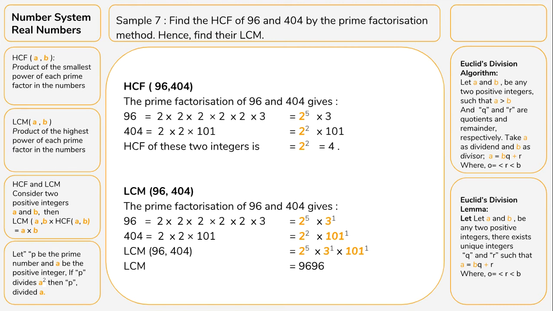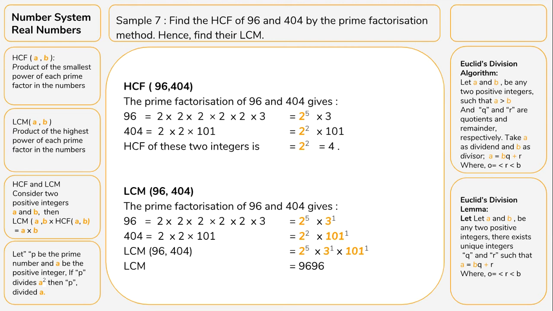LCM of 96 and 404 equals 2 power 5 times 3 power 1 times 101 power 1 equals 9696. Sample 8. Find the HCF and LCM of 6,